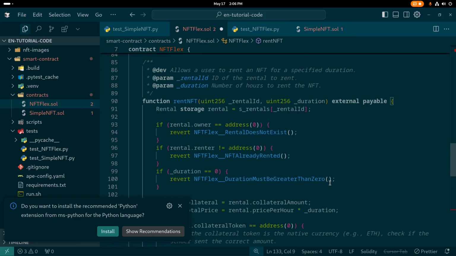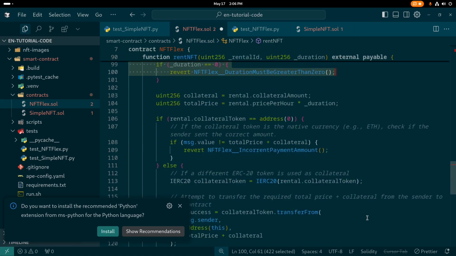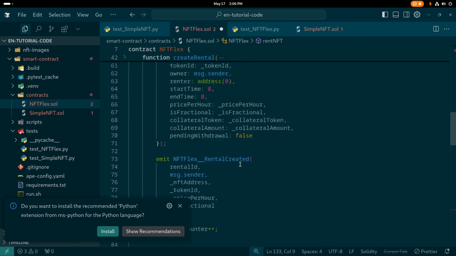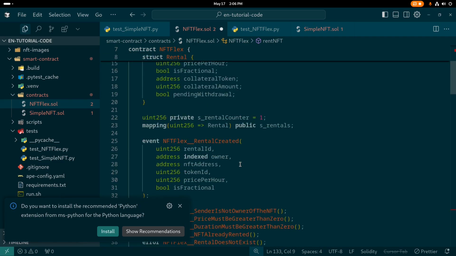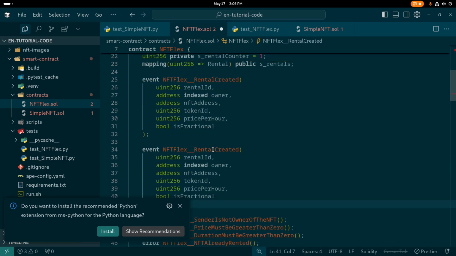We have created the function for renting NFT. Now we need to create an event to make sure everything is working as expected. So for that we are going to create that event up here. Below this event, let me copy this and paste it below here. And NFT created, this will be rental